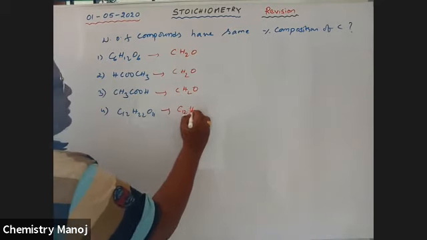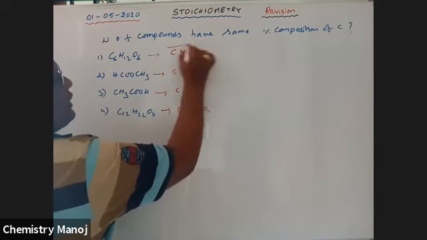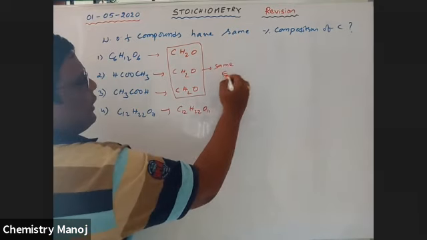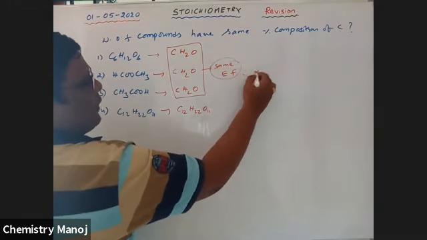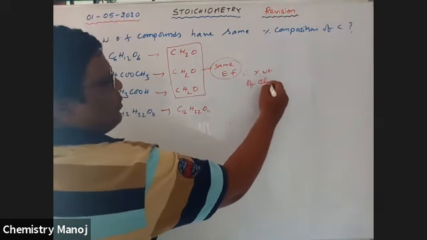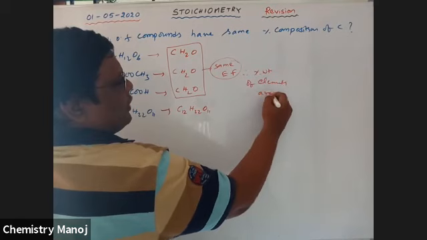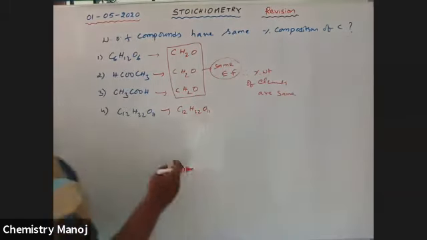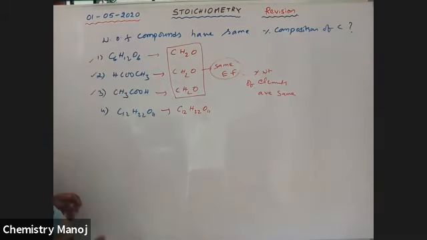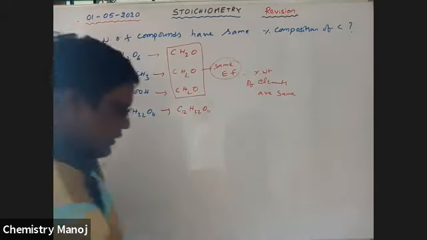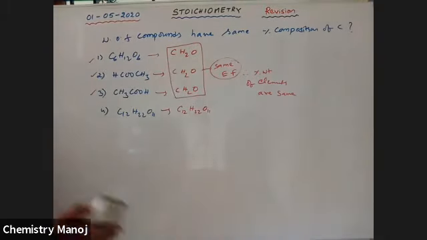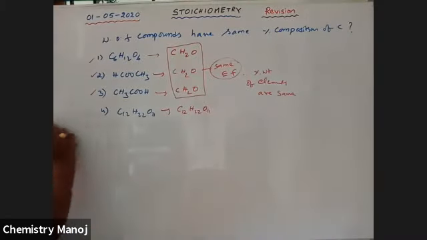Here no one is cancelled; the empirical formula is C12H22O11. These 3 compounds have the same empirical formula. Therefore, the percentage weight of the elements are the same. Not only carbon, hydrogen and oxygen are also the same. So now the answer is 1, 2, 3. These 3 compounds have the same percentage composition, based on the empirical formula concept I already told you.